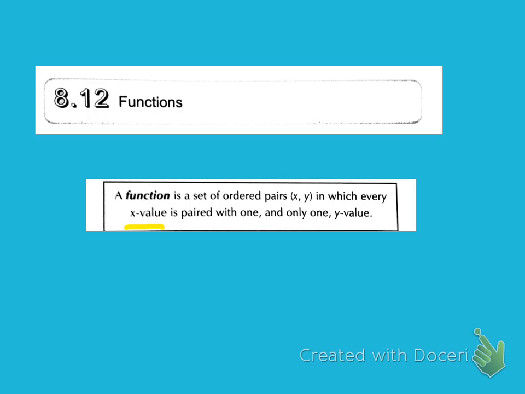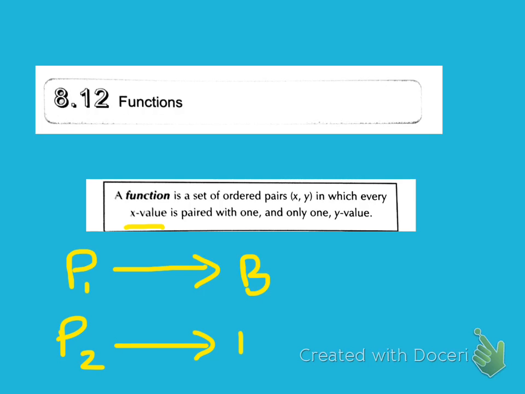Okay, and so this is the way I like to think about this: we all are people. So we have a group of people in the world, and every person has a birthday. P stands for people, and a person, and B stands for birthday. So you are a person, and you have a birthday on a certain day. And I am another person, and I have a birthday on a certain day. But I could share your birthday. That's logical, right? We can have our birthday be on the same day, but